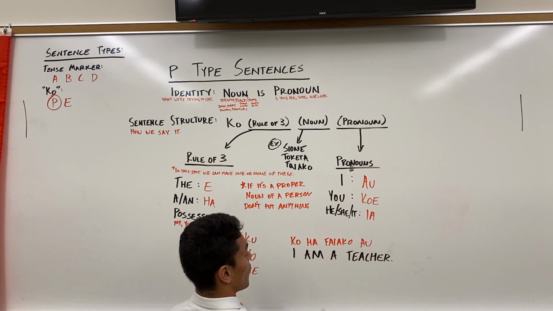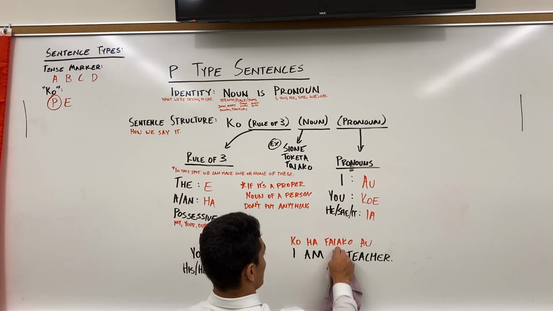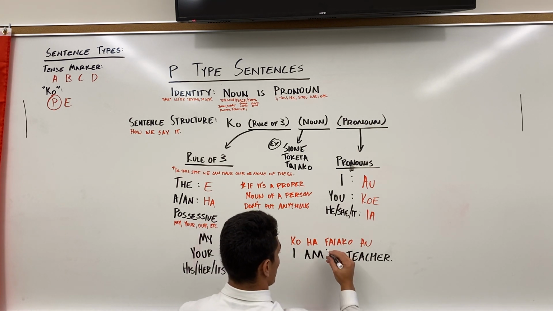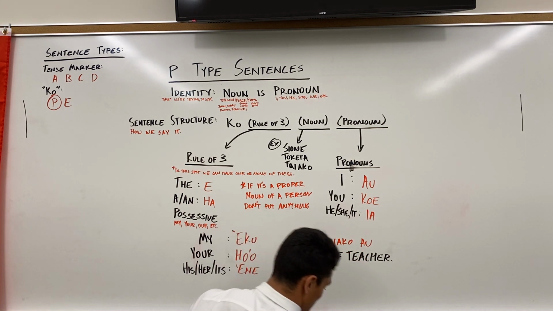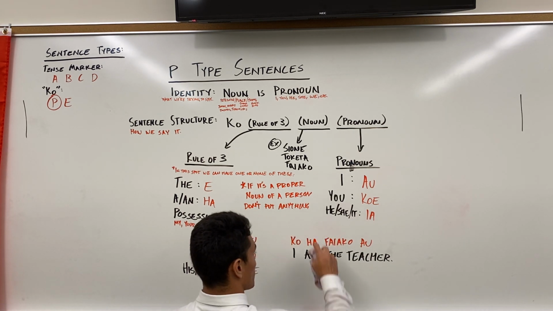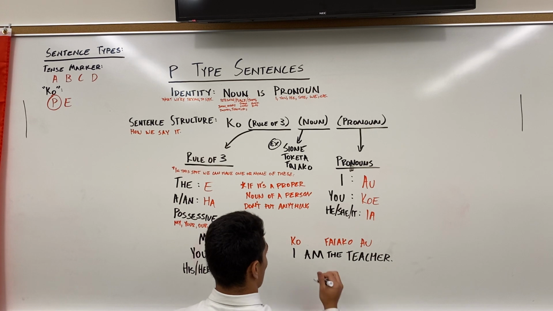Go ha fai ako ao. Easy enough, right? What if I change this a to the? Instead of saying I am a teacher, I'm going to say I am the teacher. Well, this is simple. Instead of saying ha, we say our other thing in our rule of three. We say ko